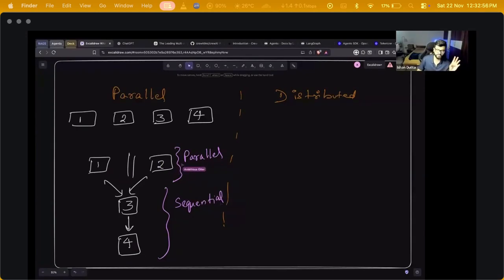Agents 1 and 2, the news info explorer and getting information about the company, run in parallel. Then we run 3 and 4 sequentially. Then what is distributed? Think of it this way: when you are looking up news about a company, okay,